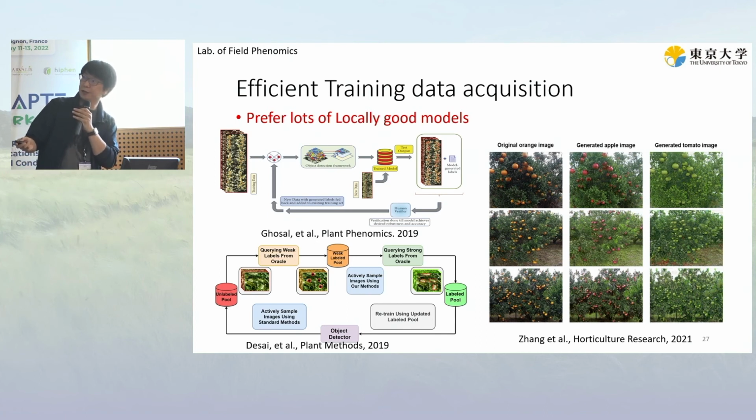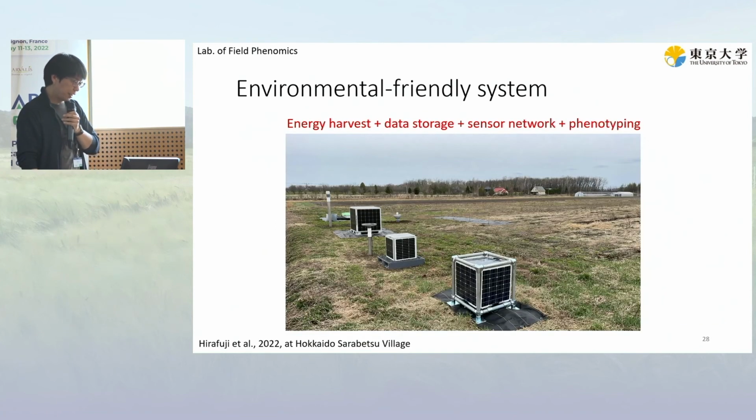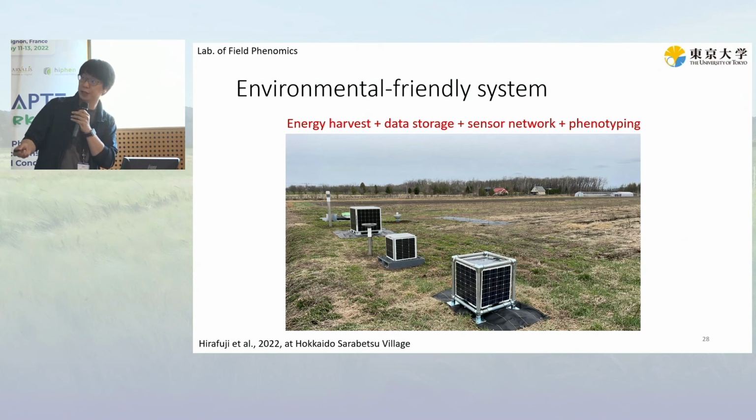You put a fake apple or fake tomato on top of the real orange tree, and then you will have automatic annotation for it. And finally, we think edge computing could be a little bit more advanced, so we started to run this trial. We combine energy harvesting, data storage, sensor network, and phenotyping together inside the field to deliver this kind of